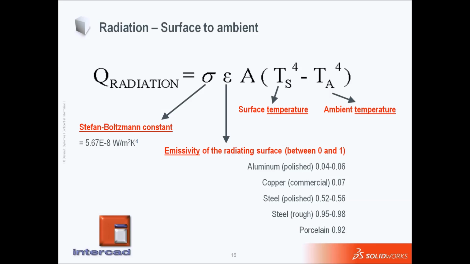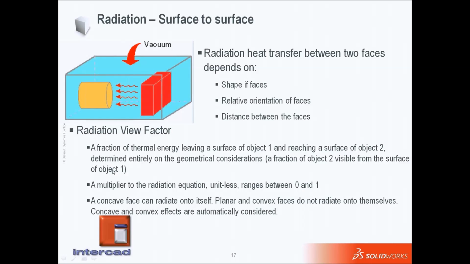So up to this point, we have summarized, or let's say introduced, these three heat transfer mechanisms with their formulas. One additional note about radiation is that radiation heat transfer between two surfaces really depends on the shape of the surfaces, their orientation, and also the distance between them. Because of this, we mostly define a radiation view factor in our calculation, which is a fraction of thermal energy leaving the surface of object 1 and reaching the surface of object 2,